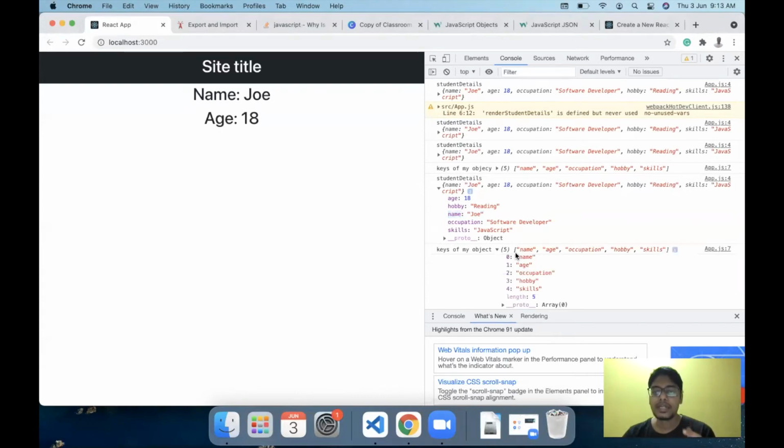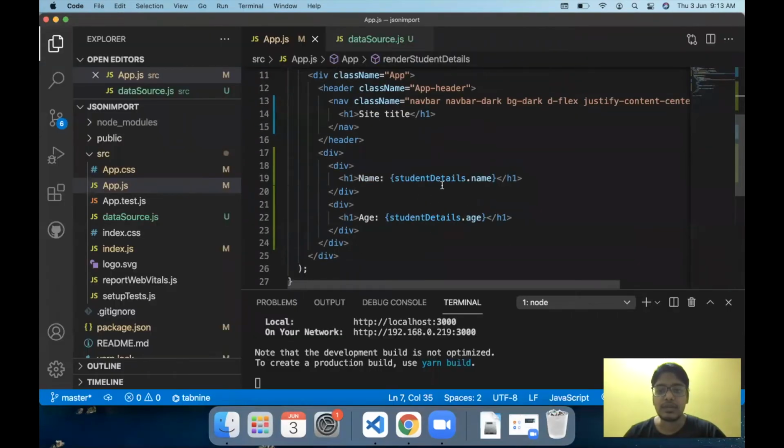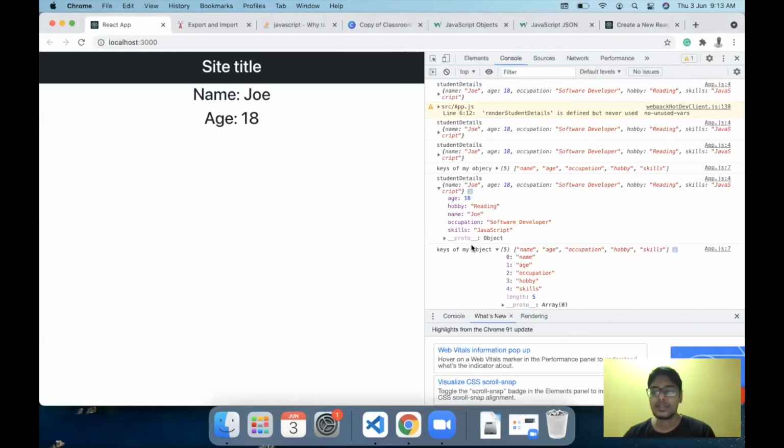So if I want to print out all the keys of the object, we print it out like this. And why do I print out the keys? Because if you observe the code here, we use, let's say, student details dot name, student details dot age. What are we doing? Basically, we are accessing the value using the key, right? Whenever I use student details dot name, I am using this key to get access to my value. So I needed all those keys in my code to iterate over them instead of going one by one. That is why I made an array using all those keys.